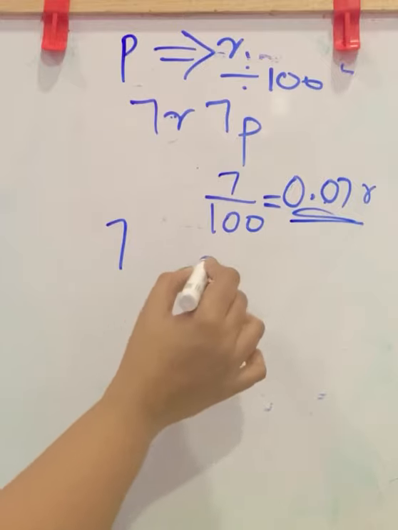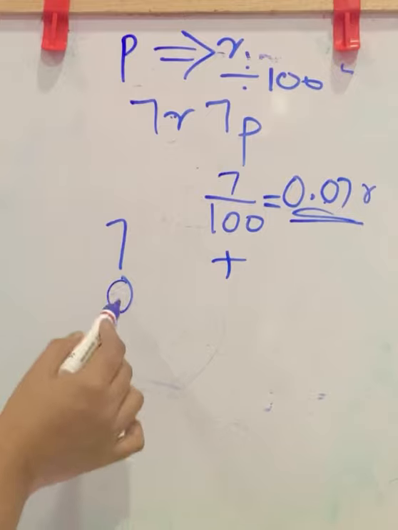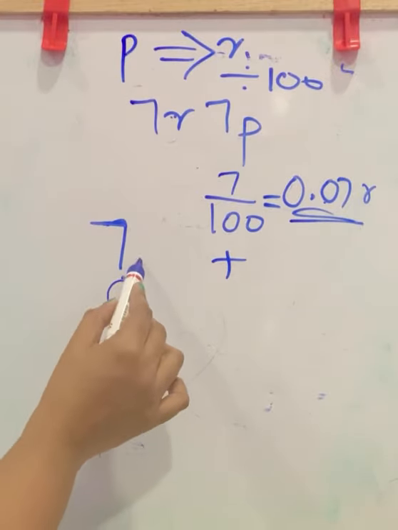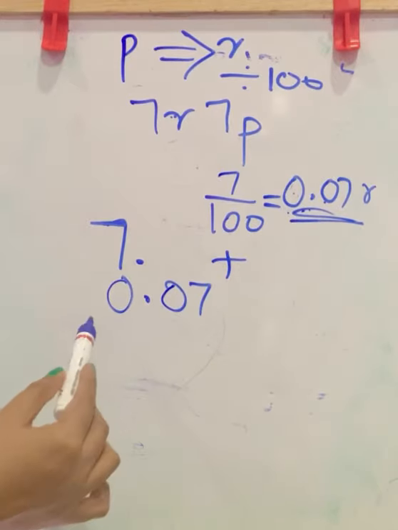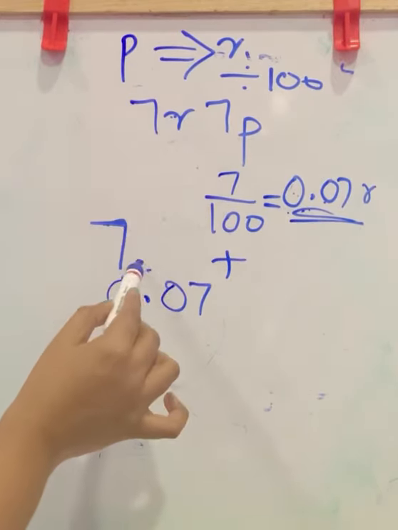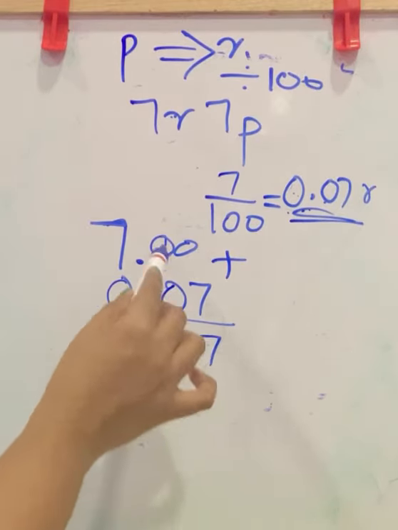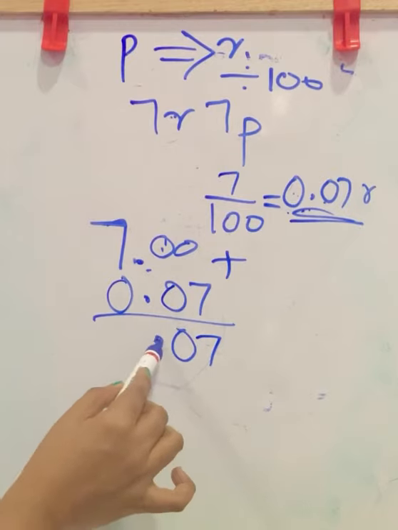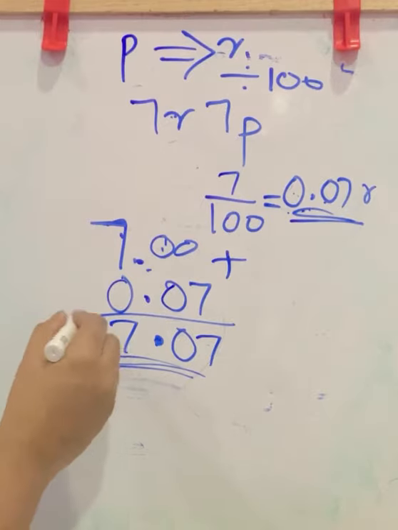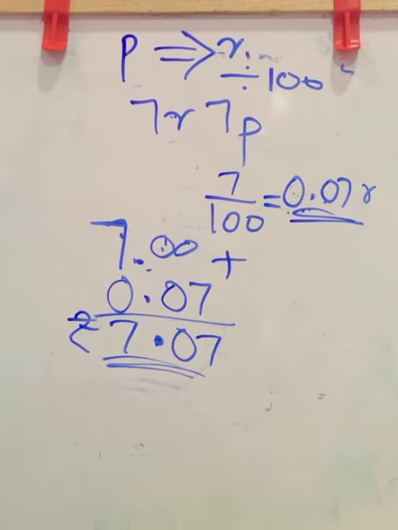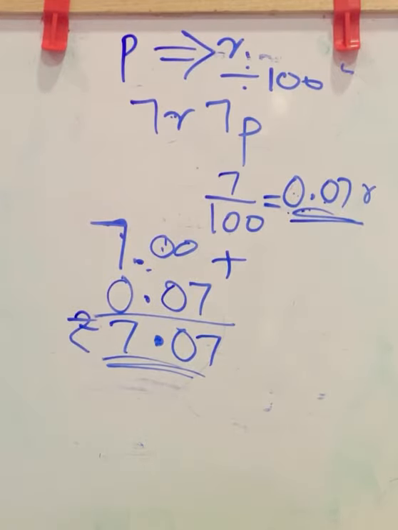So 7 rupees plus, here in the whole number part you have 0. So put the 0 under the whole number part. Don't put decimal values under the whole number part. 0.07. Here we have no values in the decimal, so you can simply put zeros. Then you can easily add it. 0 plus 7, 7. 0 plus 0, 0. Point is here, carry down. 7 plus 0, 7. 7.07 rupees is the answer. So you converted 7 rupees 7 paise to rupees and we get 7.07 rupees.